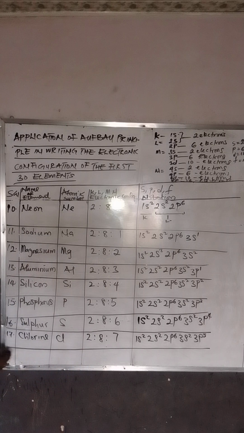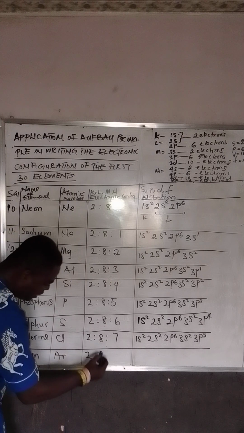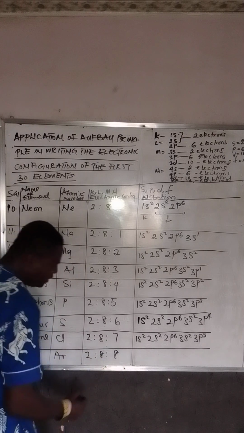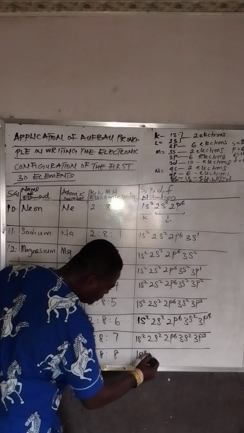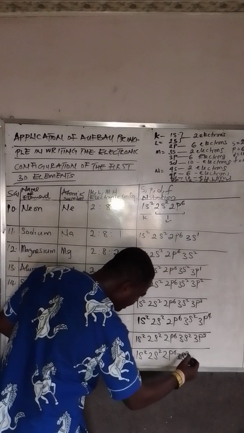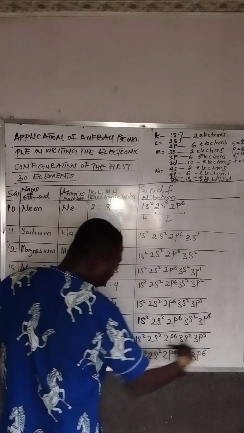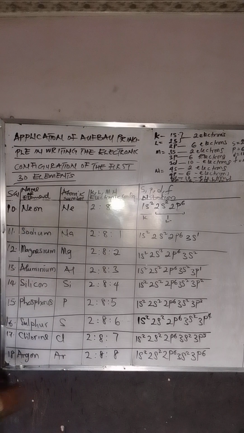Then next one is argon. Argon, Ar, which is 2, 8, 8. Configuration will now be 1s2, 2s2, 2p6, 3s2, 3p6. So, you can see, yes, that is 18. Now, number 19, which is